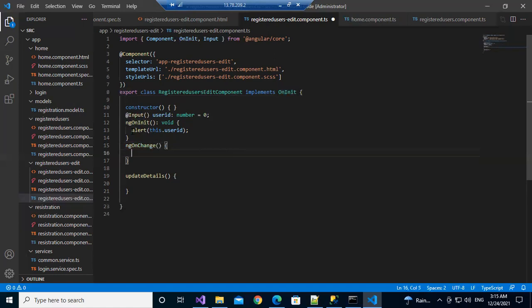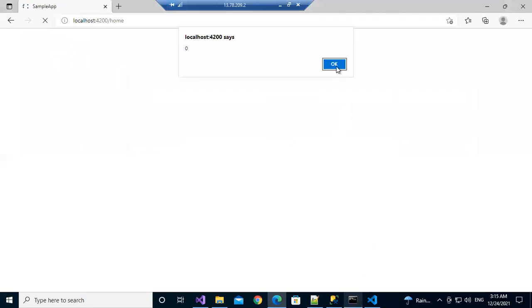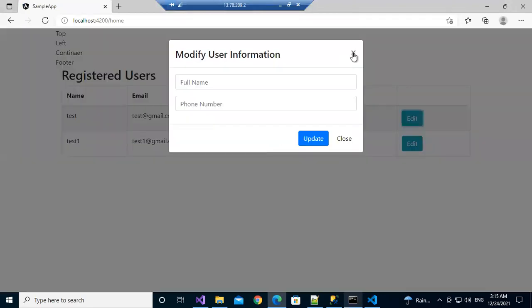I think it is on changes. On changes, save it.